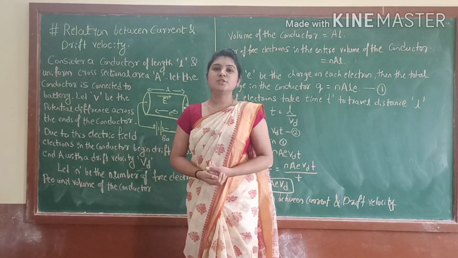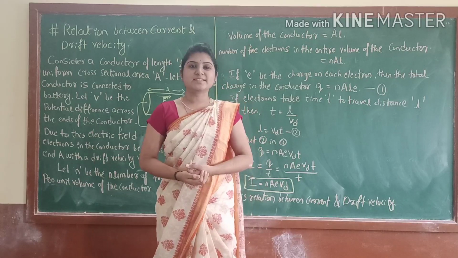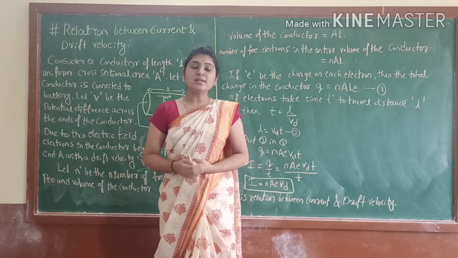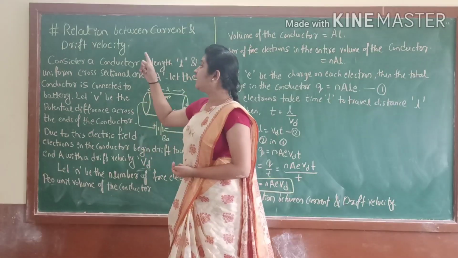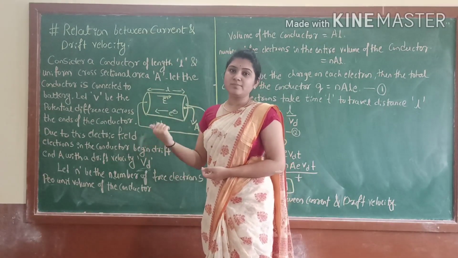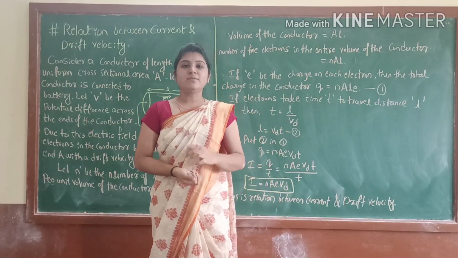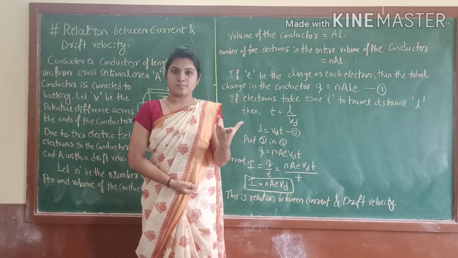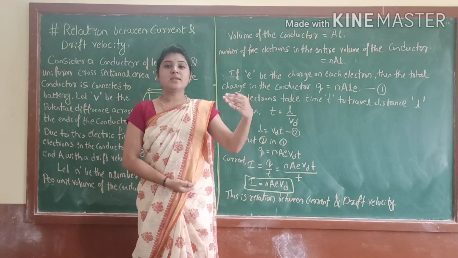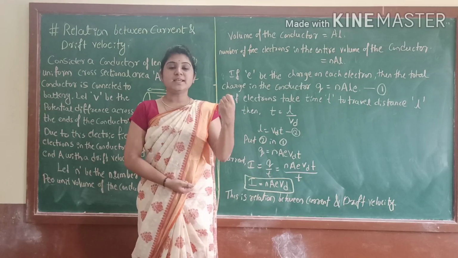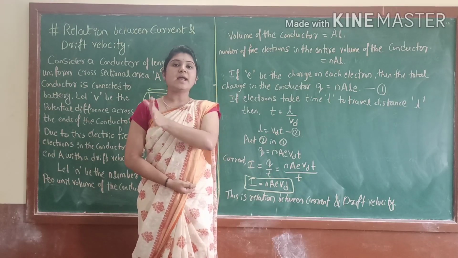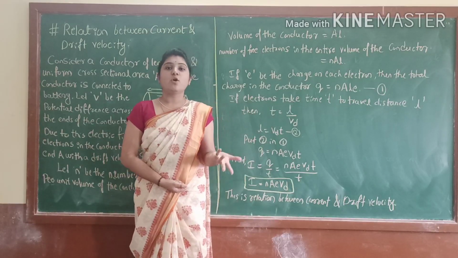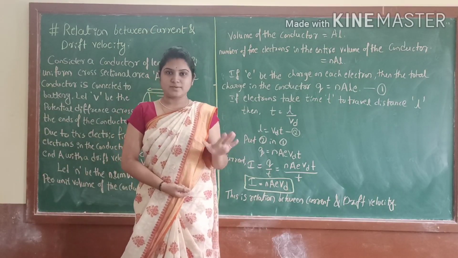Good morning everyone. So students, in the previous class we discussed the drift velocity, right? Today I will take the next part of that, that is the relationship between the current and the drift velocity. See, drift velocity is nothing but the velocity which drifts the electron. Drifting means what? They will start to move fast, or let's say quickly, towards the end of the conductor. Correct? That velocity only we called a drift velocity, right?